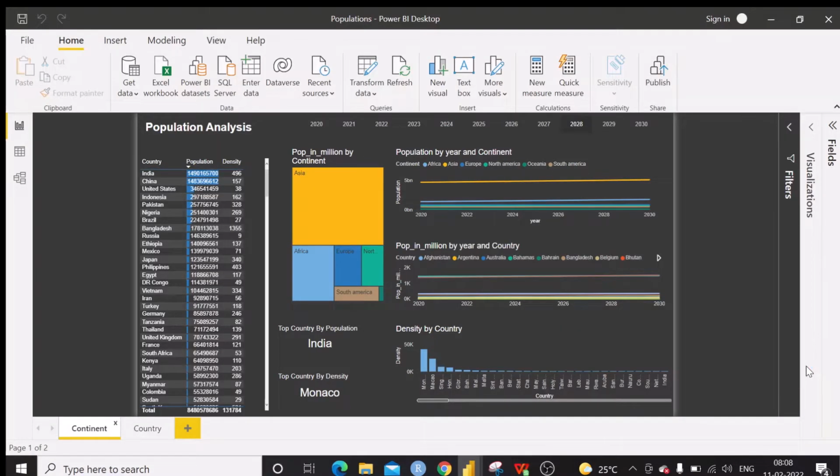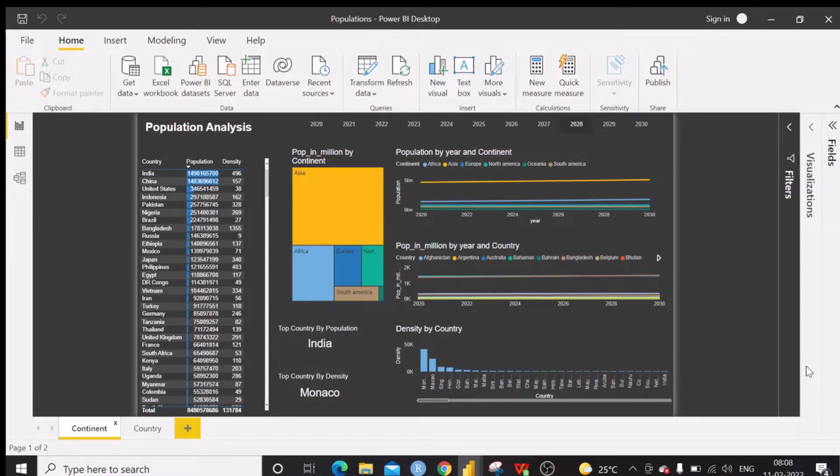Hi everyone, in this video we are going to learn how to develop an application using Power BI Desktop. For this we are going to use a world population data set that I have got publicly available, and I have also calculated the population for the future years for every country using some kind of manipulation that we will see when we are going through the data. Let us be ready for the journey of developing your Power BI application from scratch.